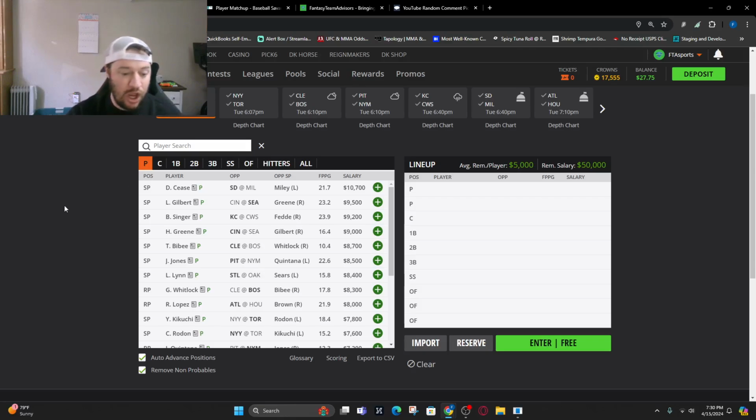So there you have it. Those are the pitching and batting options. We're going to go over the top 20 bats and then some of our favorite bets for the day. Now, the bets can change a little bit if any new weather comes out, if anyone's in or out, if the updated lineups don't have the players we thought were going to be in. These can all change everything else. So, as of right now, these are the top 20 bats